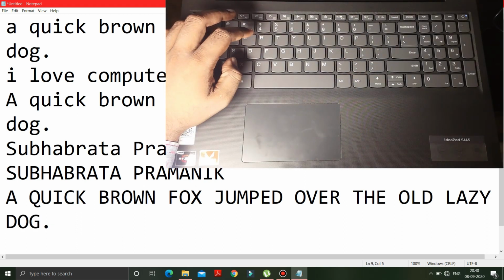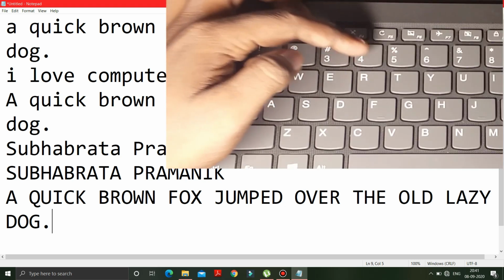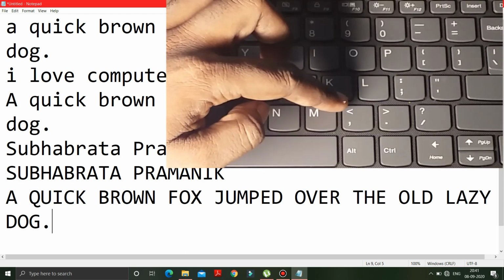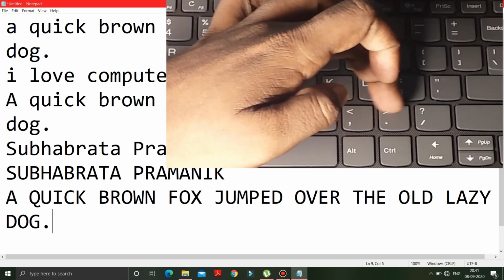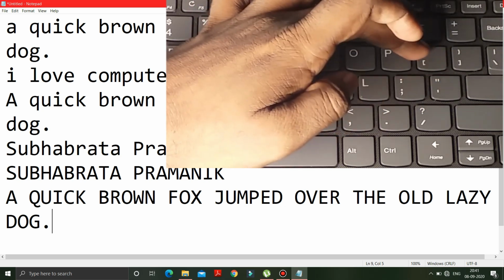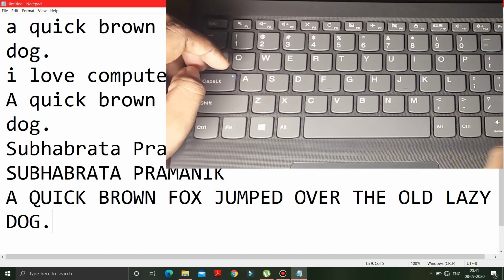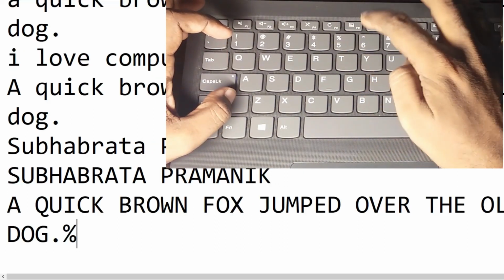Dear children, now after this comes the shift key's options. With the help of the shift key you can type the marks just above the number keys, and also the marks above the punctuation keys. You can see there are various types of marks given: the interrogation mark, greater than, less than, colon, double quote, the brackets. You can use these with the help of the shift key. Now I am pressing the shift key and typing here 567.